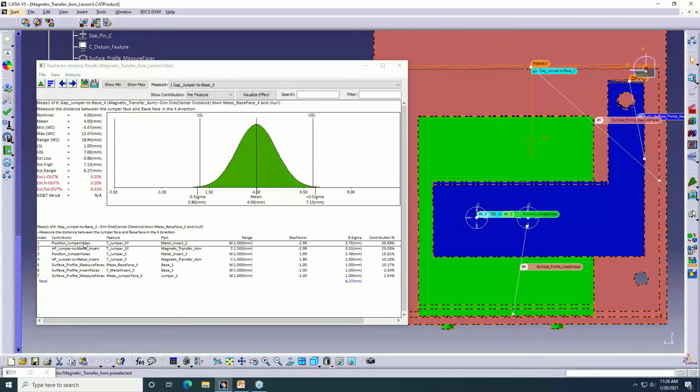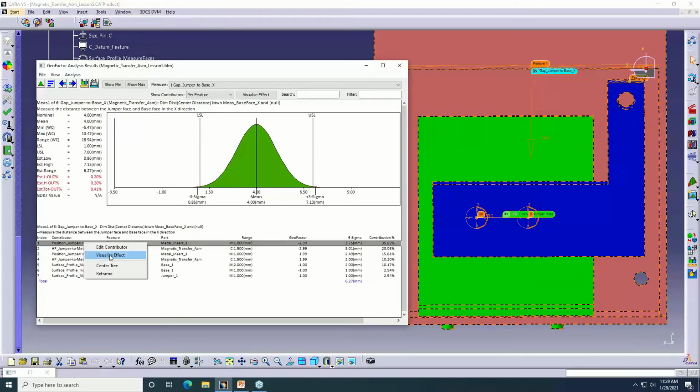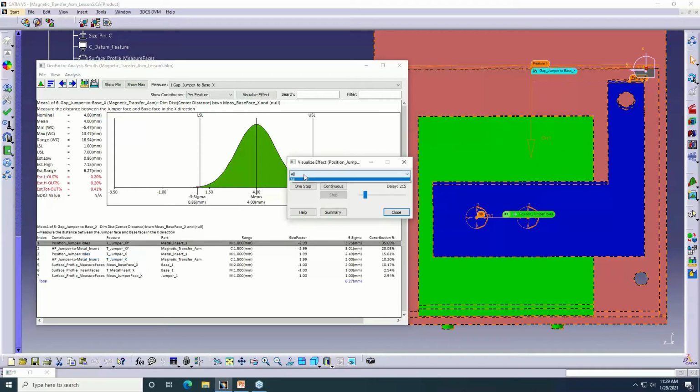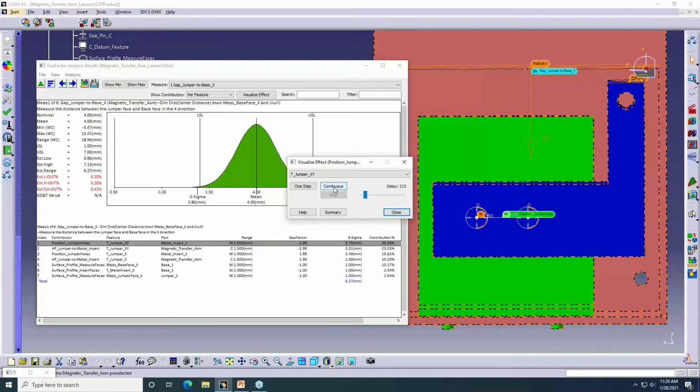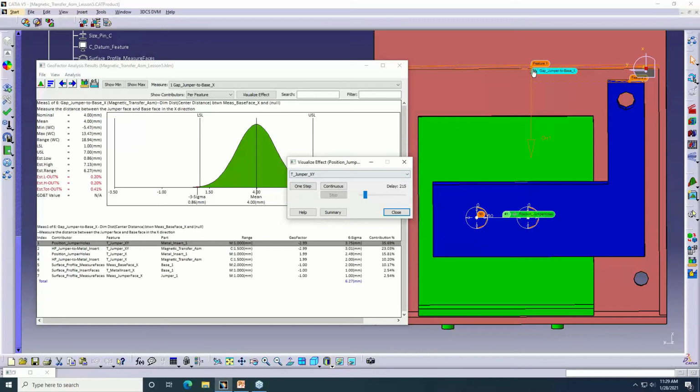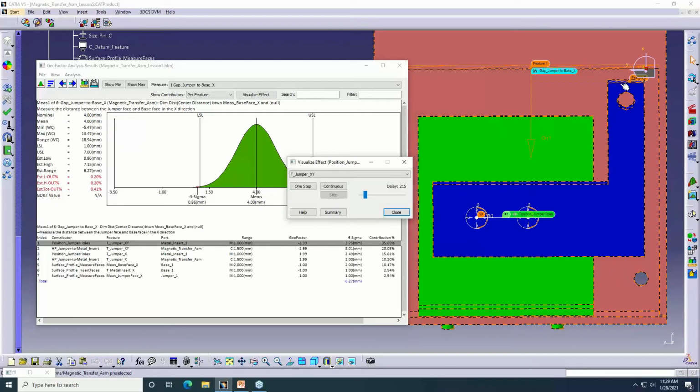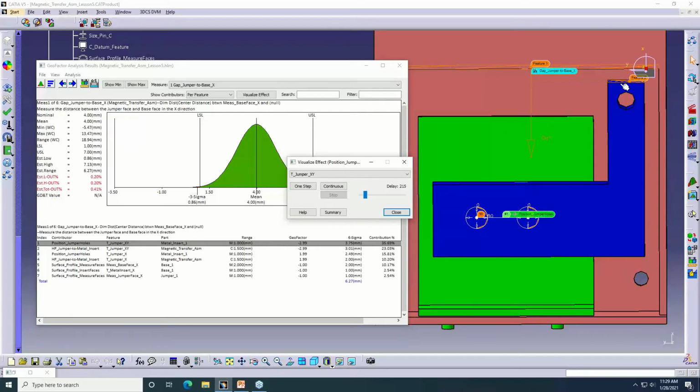So what I can do here is right click on that number one contributor and press this visualize effect button. And again, I want to just look at that T jumper XY, which is our top contributor. So I'm just isolating that right hole in the metal insert, and I'm going to be deviating that from its minimum value to its nominal to its max value in both the X and the Y directions, since it's a hole. And we're going to take a look at what just that tolerance has an effect on for our gap